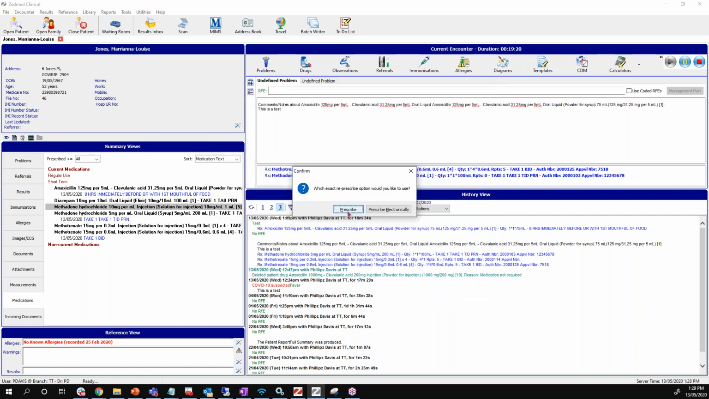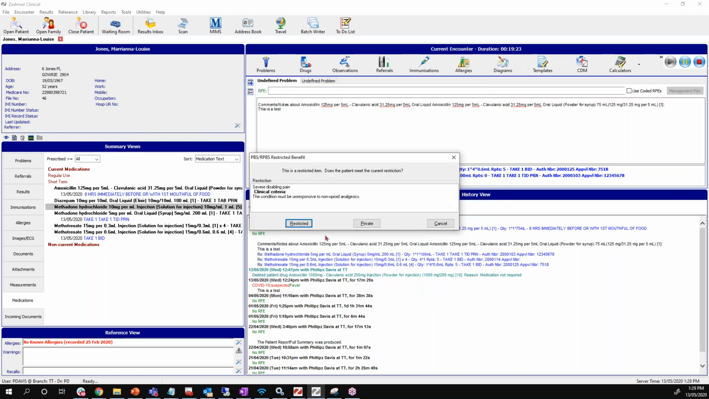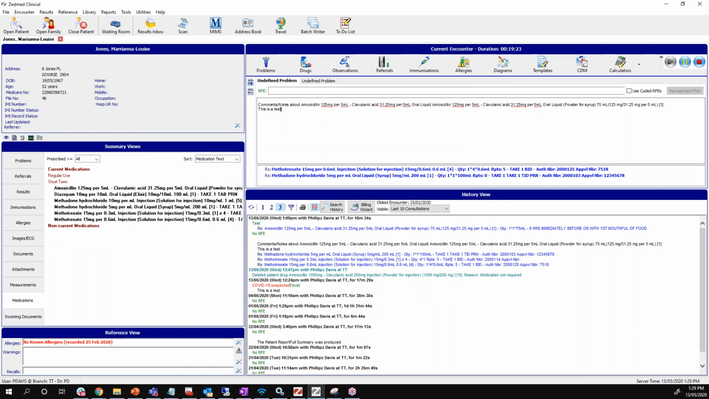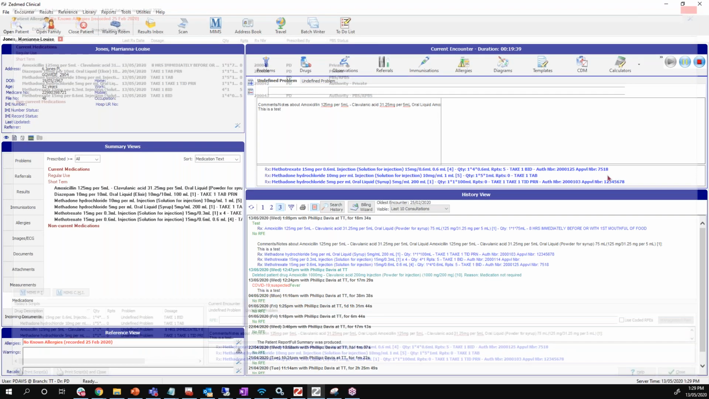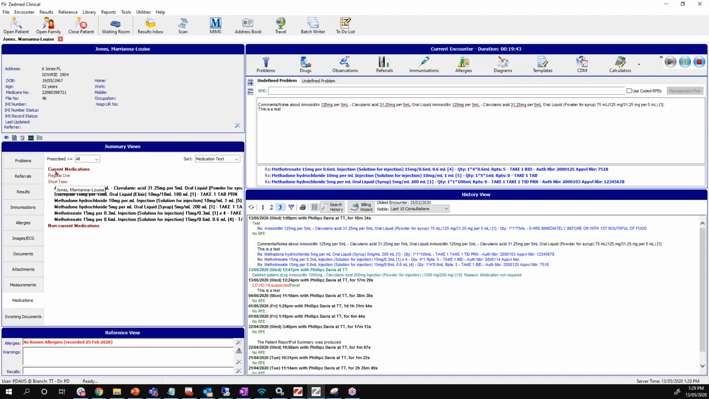Go prescribe. Now it brings me again to the prescribing window, and then you can simply print the script here again from here. Now, if you would like to print out the patient's medications list because they've come in and requested it,